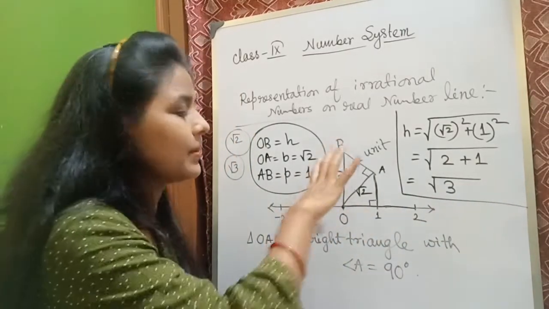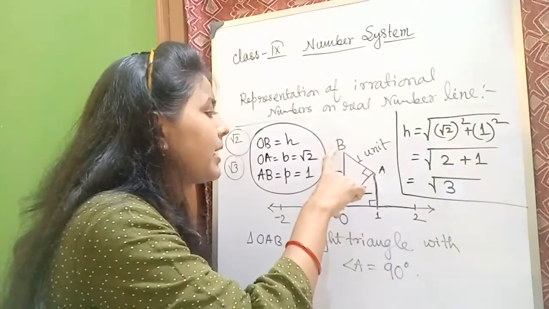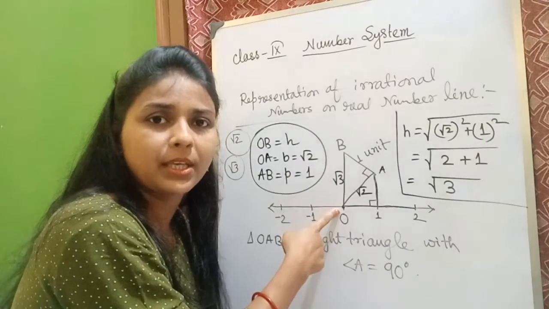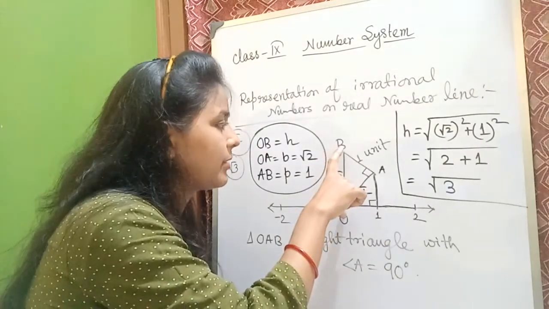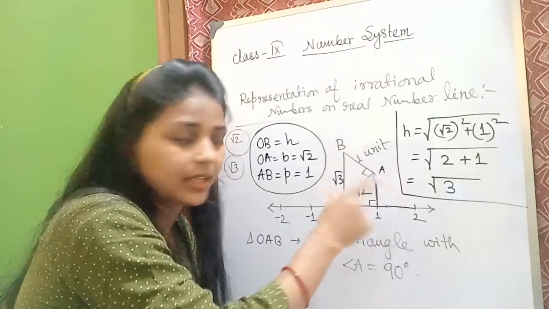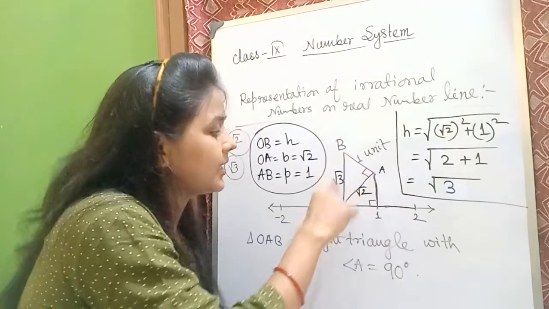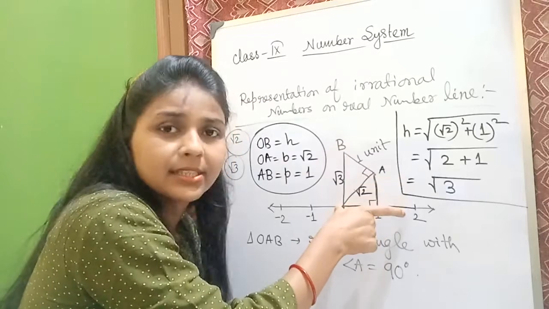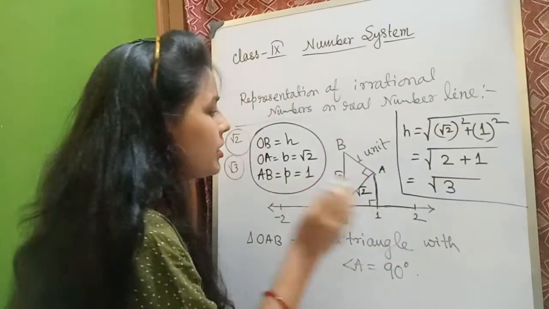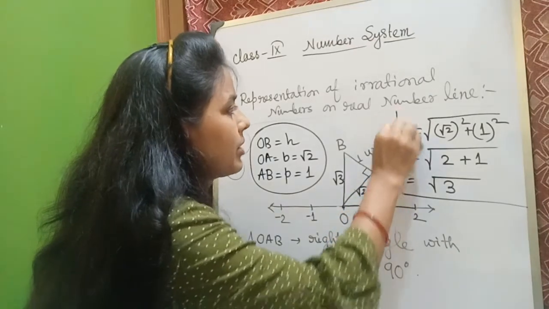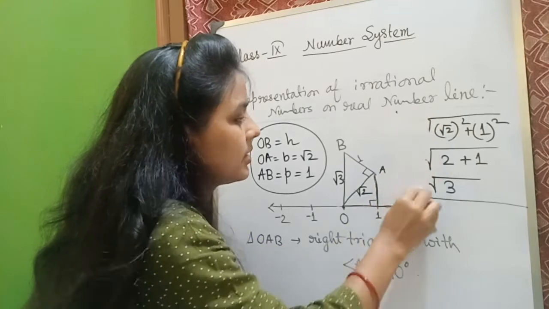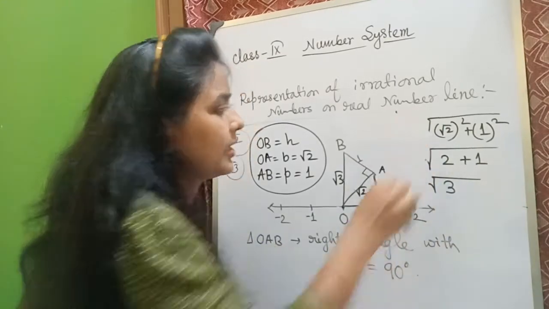Now the same process. Once we have got the hypotenuse, we will again place the compass over here. We will take the measurement with the compass same as OB and draw the arc here. Taking O as the center, we will draw the arc like this. I am just rubbing this portion, otherwise you will not get the right idea of it. I hope you all have written it.